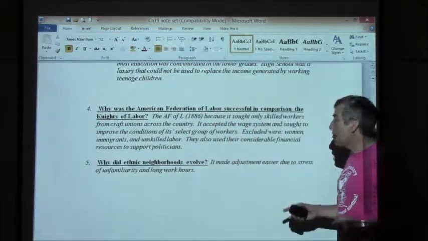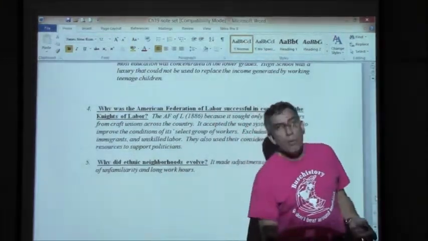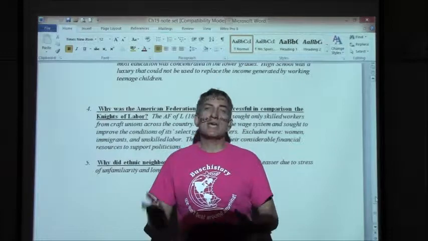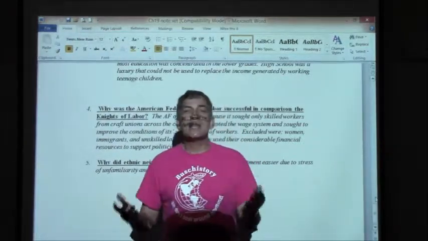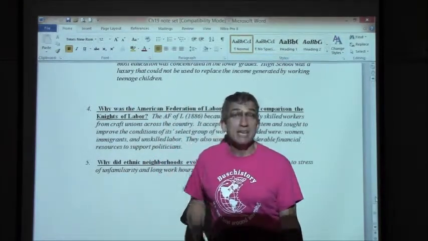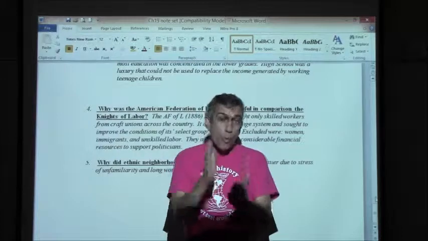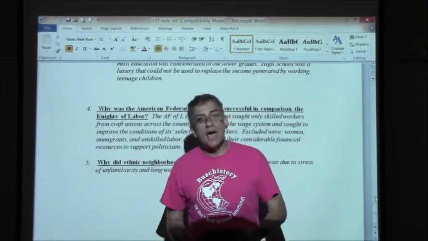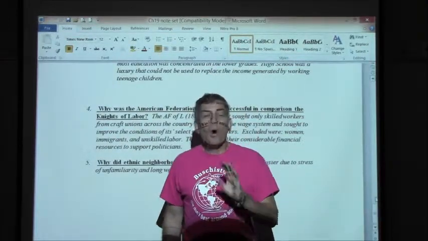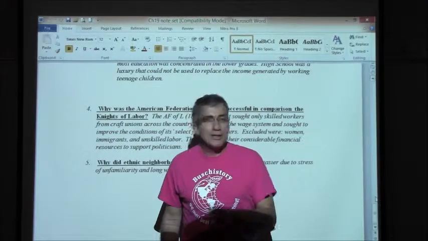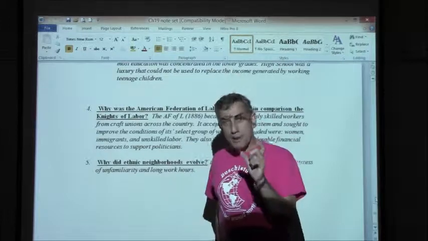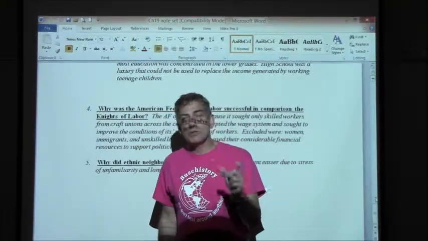Why did ethnic neighborhoods evolve? Basically, comfort. People want to be with people with similar characteristics and backgrounds. So we'll get Chinatown, we'll get Little Italy, we'll get Little Germany, we'll get these areas that are dominated by one ethnicity over another, and that still exists today. It's not as ironclad, there isn't a wall that separates these neighborhoods, but you still have Irish neighborhoods. I come from a town where it seems like 1 out of every 3 people is Irish, and another 1 out of every 3 people is Italian, and I don't know what the third part is, but my hometown is dominated by Irish and Italian.